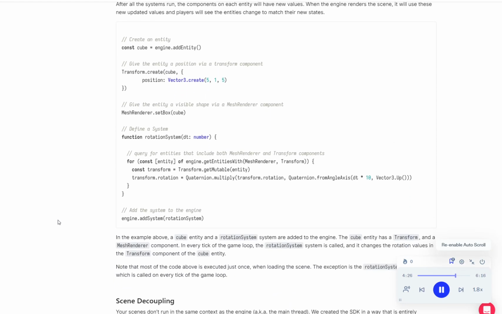// Query for entities that include both MeshRenderer and Transform components: for (const entity of engine.getEntitiesWith(MeshRenderer, Transform)) { const transform = Transform.getMutable(entity) transform.rotation = Quaternion.multiply(transform.rotation, Quaternion.fromAngleAxis(dt * 10, Vector3.Up())) } } // Add the system to the engine: engine.addSystem(rotationSystem)